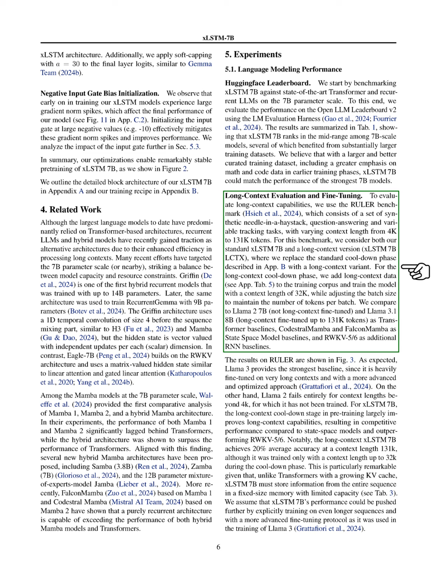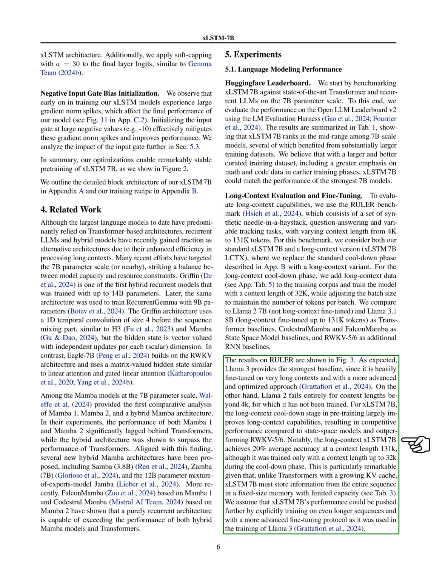Our results show that Llama 3 performs best due to its extensive fine-tuning, while Llama 2 struggles with context lengths beyond 4,000 tokens. For xLSTM-7B, the long context training significantly enhances its capabilities, allowing it to perform competitively against state space models and surpass RWKV 5/6. Notably,